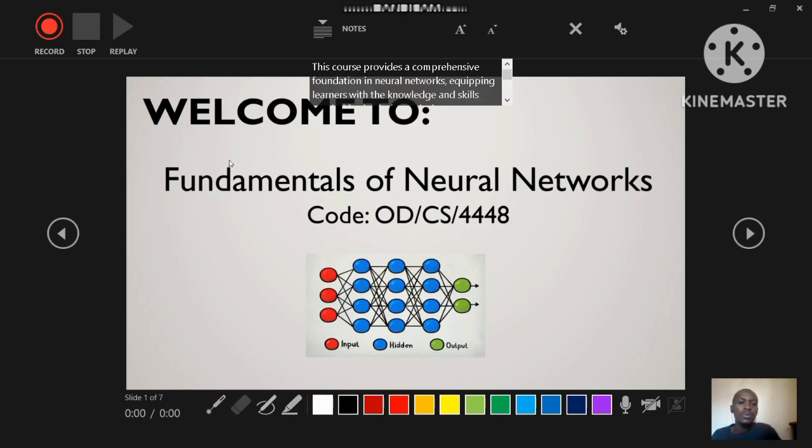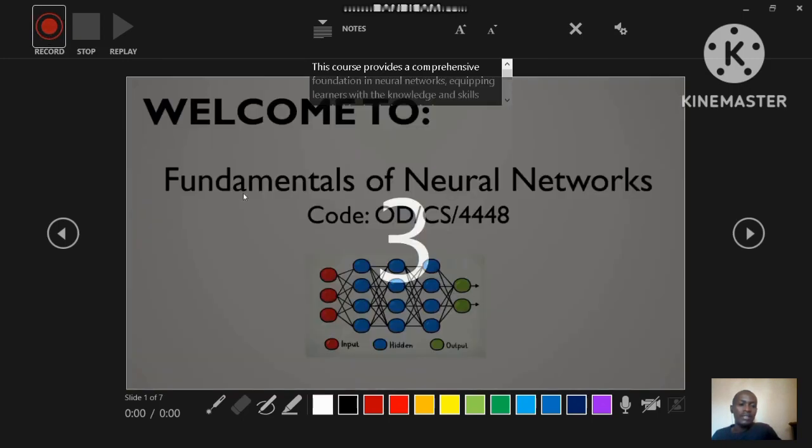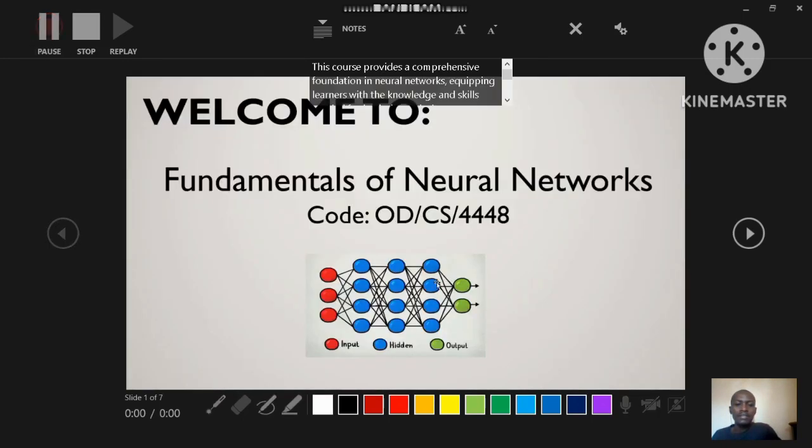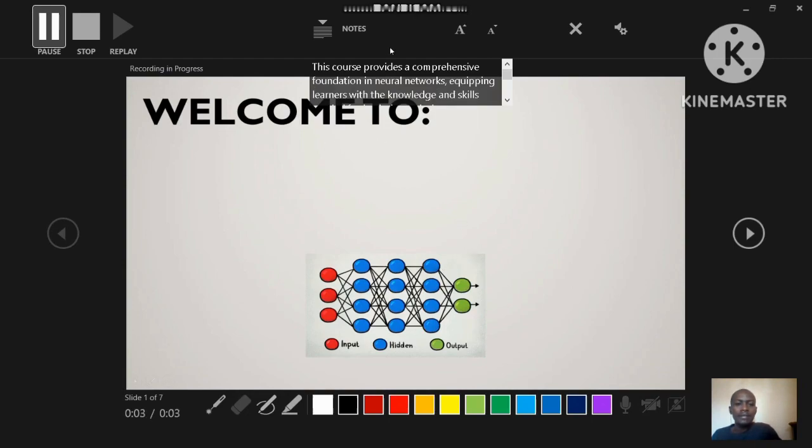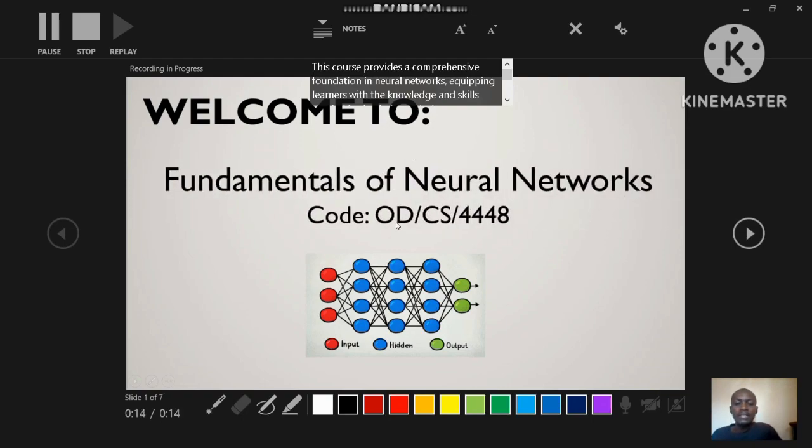So once you are aware of everything, now you can click on the record button, and once I click on it, it will give you 3 seconds, then it starts. Now you can voice your presentation, and you say: welcome to fundamentals of neural networks. This course has this code DCS4448. This course provides a comprehensive foundation in neural networks, equipping learners with knowledge and skills needed for both theoretical understanding and practical